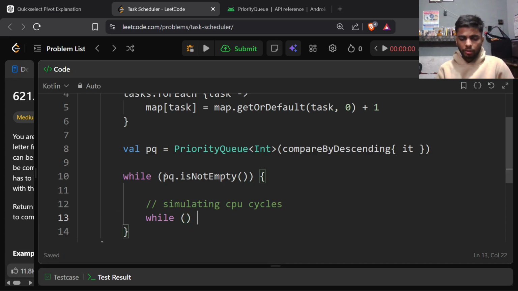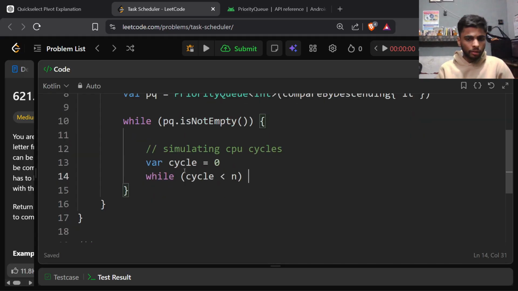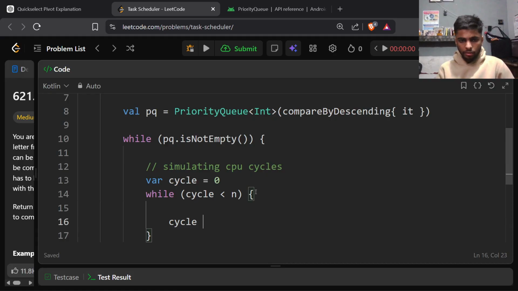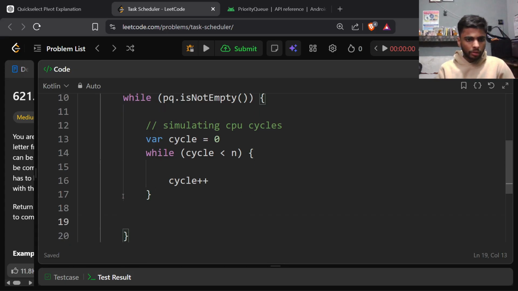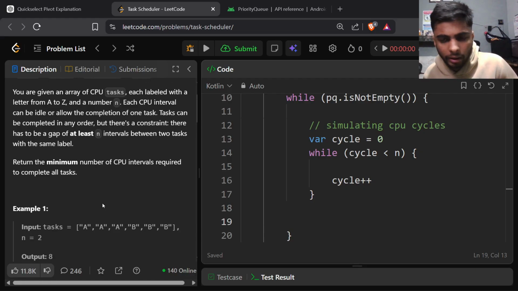Okay, so for the number of times it runs, I can define my cycle here. Set cycle to 0, and while cycle is smaller than n, each iteration I'm going to increment. We need to return the minimum number of cycles. We don't really need to